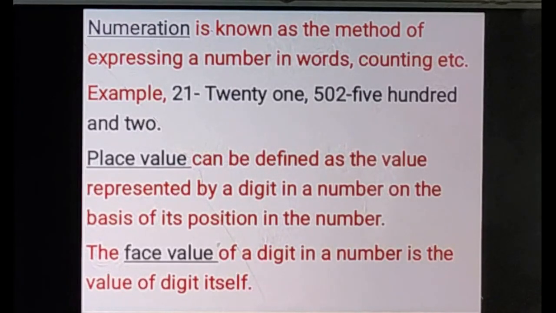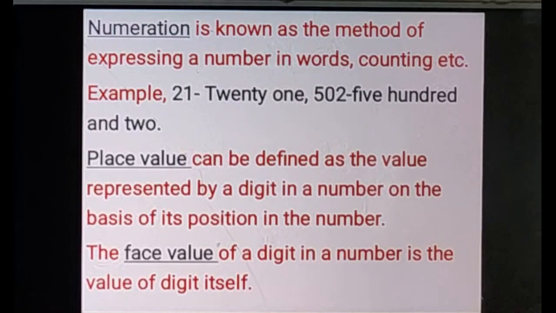If you don't have a knowledge of numeration properly, then how will you pronounce or count 502? We would count it as five zero two. But if you have proper knowledge, then we will say five hundred and two, isn't it? Similarly for 1, 2, 3, 4, 5. When you are counting the numbers, when you are expressing the number in words, we refer to that as numeration. That is nothing but a simple method of expressing a number in words, all right. So this thing you have to be clear with.